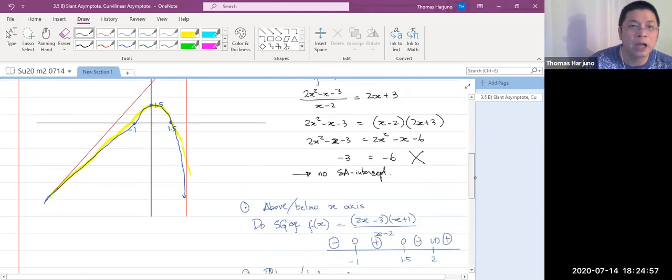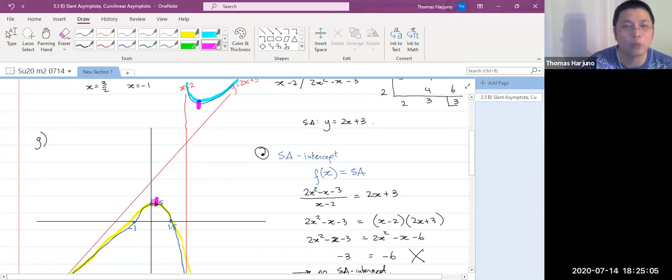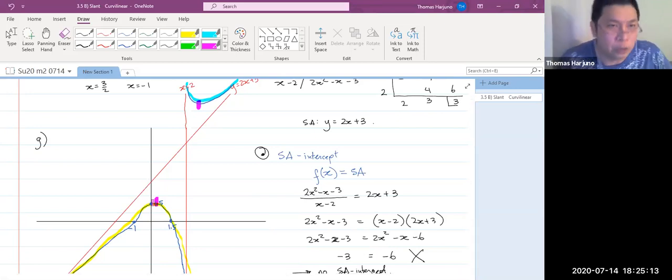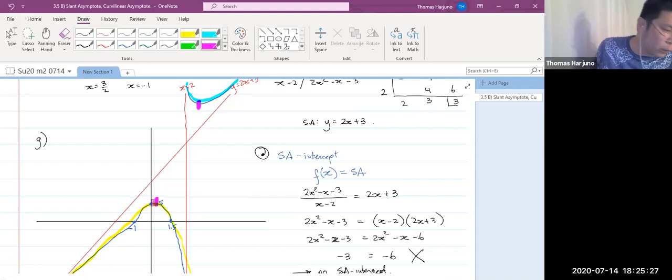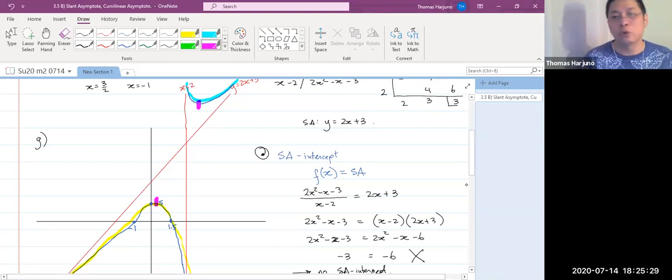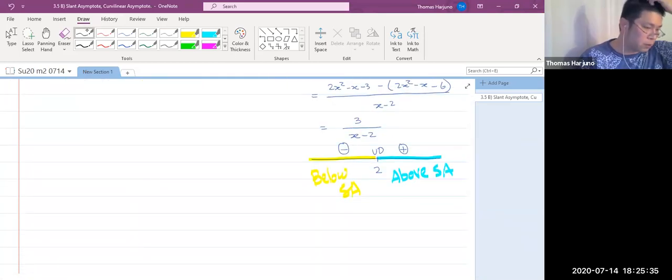Later on in calculus, you will learn where we get the local minimum and the local maximum here. Okay, and therefore we can find the range of this function. But for this question, we can find the range once we get to 4.1. But I will teach that to you later once we get to 4.1. Okay, let me do one more problem about this slant asymptote, and then we go on to the curvilinear